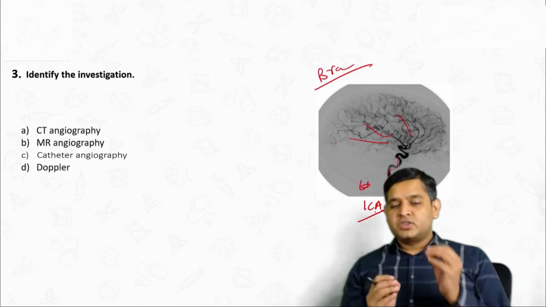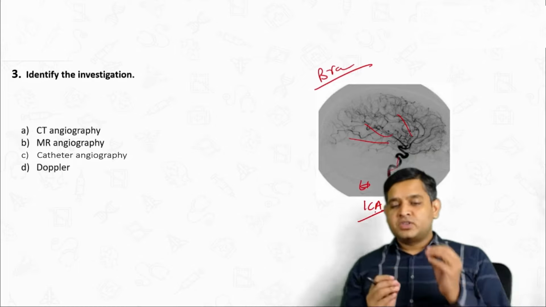Again, an image-based question. Identify the investigation shown below. You are seeing a dye which is opacifying the ureter. So the moment you see a dye opacifying the ureter, it is a ureterogram. If the dye is given from the top, it is an antegrade pyelogram or antegrade ureterogram. If the dye is given from the bottom, it is a retrograde ureterogram. Now you can see a catheter here, and this catheter is the key. The catheter is lower, so that means the dye has been injected from here. So this is a retrograde ureterogram. If I had seen a catheter in the upper part, it would have been an antegrade pyelogram or an antegrade ureterogram.